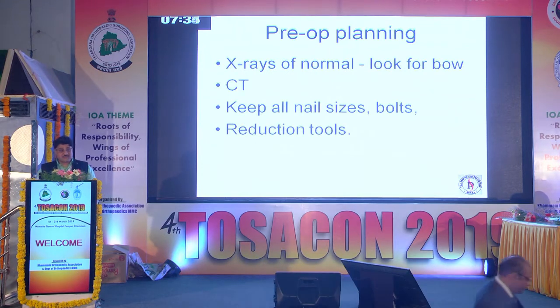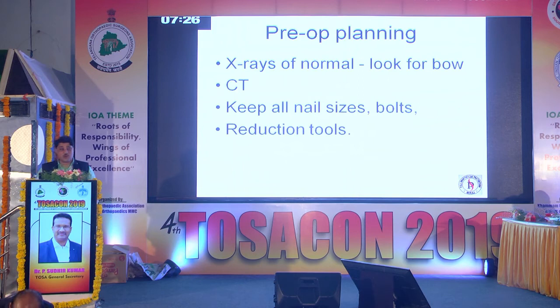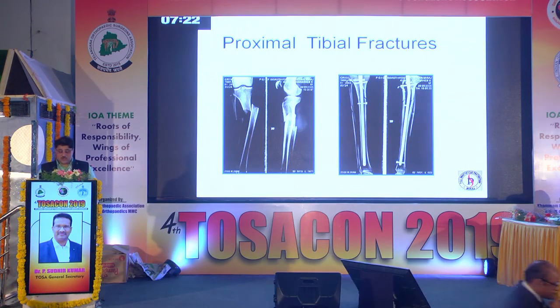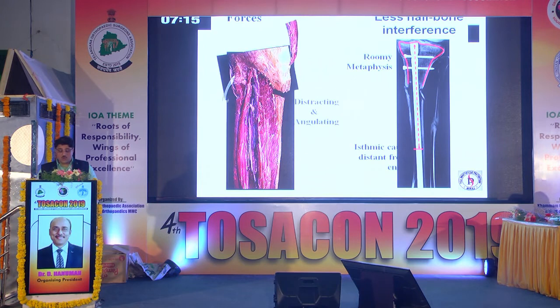Once you reduce it, it is extremely difficult to reduce the fracture. In the x-ray you must take the other limb as well. If you have a problem of bowing, as Dr. Ajmani was showing in some cases of bowing of the tibia, it will give you a lot of problems. So you must have a CT and other investigations. The proximal metaphyseal areas were difficult to get because of the problems of deformity. The metaphyseal area tends to go into a deviation.